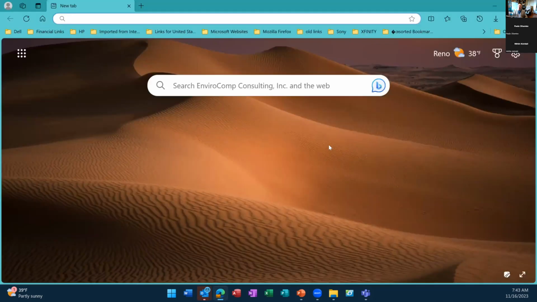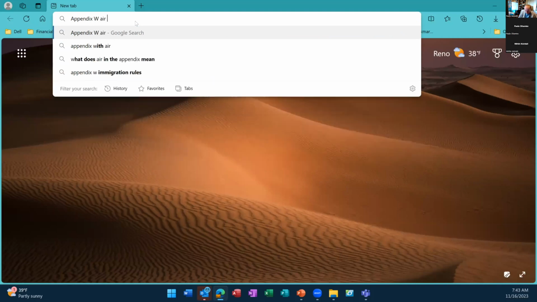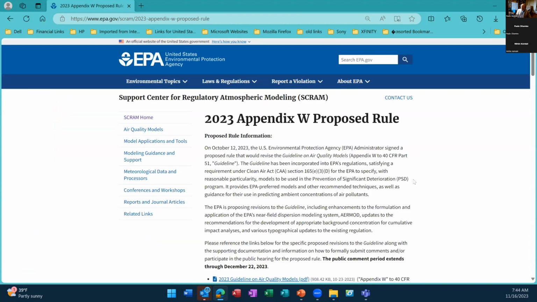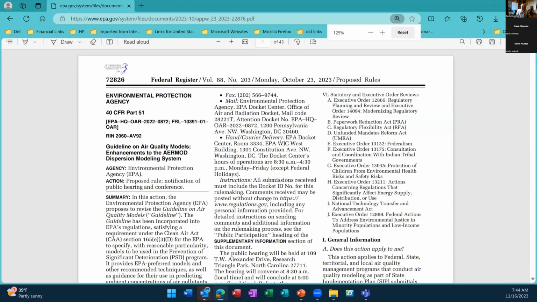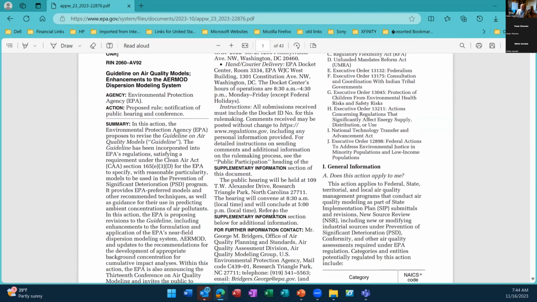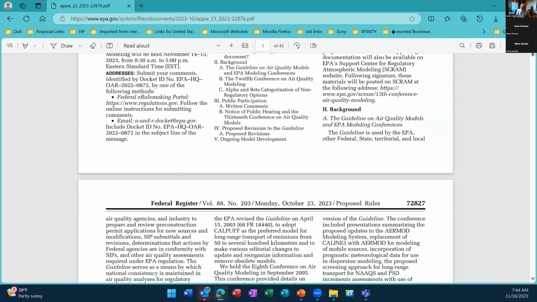Yes, appendix. In the United States, there is the famous Appendix W, air quality. Let's see if I can find it. Yeah, here it is. This is the most recent 2023 Appendix W by the US EPA. Here they tell you everything you need to know. It is the guideline on air quality models, which is 43 pages of rules and guidelines and documents on how to use models to comply with EPA regulations